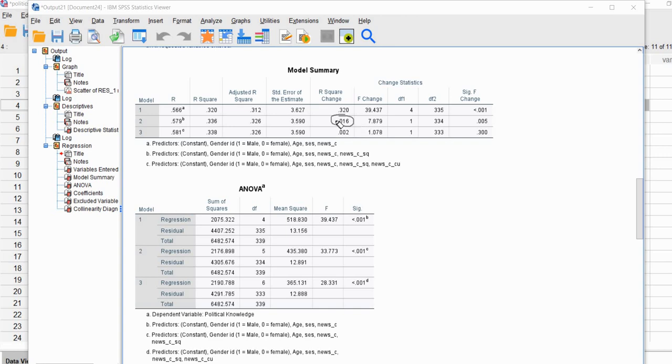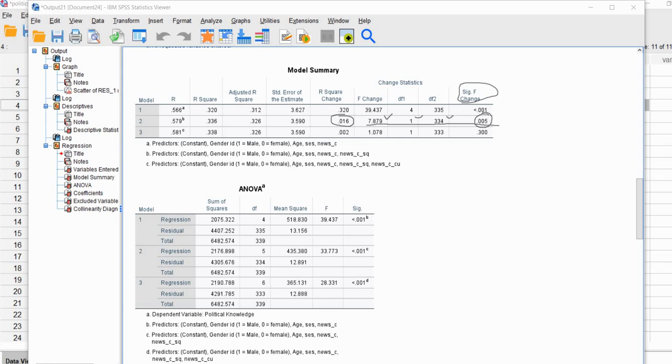Now, we want to test whether that increment is statistically significant. And so to do that, we can look over here in this column right here. We've got this p-value that's given. It's actually an F-test. I'll just show you right here for that change. And so you can see we've got the F change, the degrees of freedom, and then the p-value is 0.005. So, adopting the conventional alpha level of 0.05, you can see that the p-value is less than 0.05. So we would basically be inferring that by adding the news squared variable, we're accounting for a significant increment in